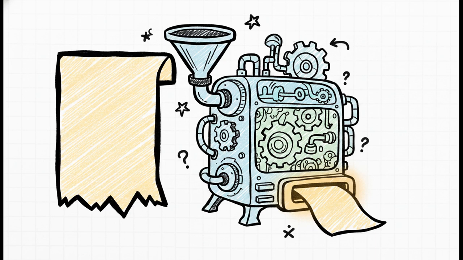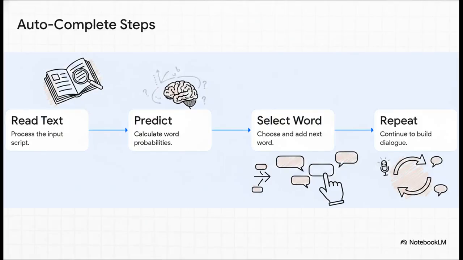You just feed what you have to the machine, see its prediction for that very first word of the AI's answer, and just append it right onto the page. And if we repeat that process over and over, just building up this growing script, you eventually complete the entire dialogue. Believe it or not, when you interact with a chatbot, this simple four-step process is exactly what's happening. It reads the text, predicts the probabilities for the next word, selects one, adds it to the prompt, and repeats